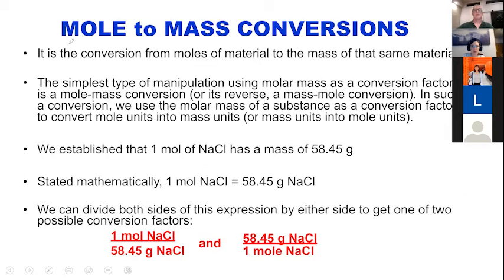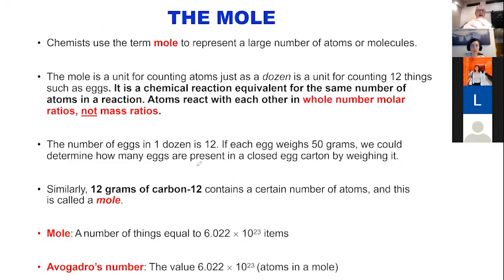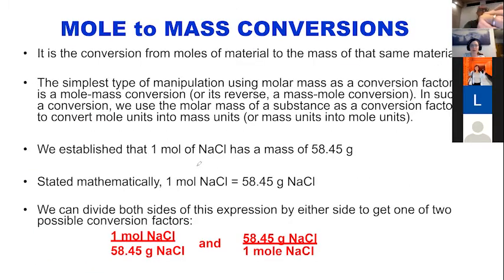So when we're doing these conversions, we're going to be doing them back and forth. We're going to be converting from moles to mass and then from mass to moles, depending on what the question is. A lot of times we'll get a question something like, what's the mass of 3.5 moles of something. So in that situation, we figure out what the molar mass is, and then we would multiply it by something like this, with moles on the bottom, so that would cancel,